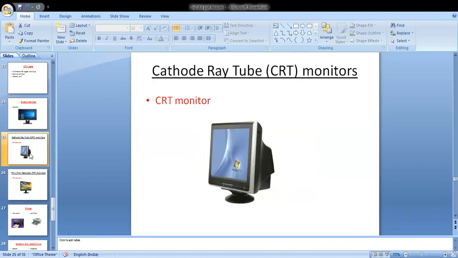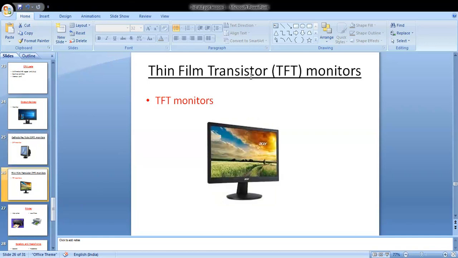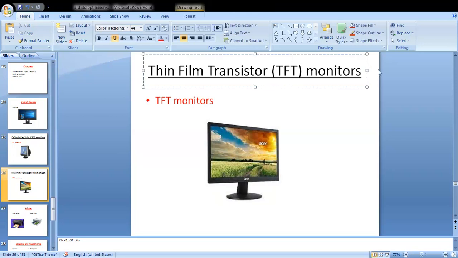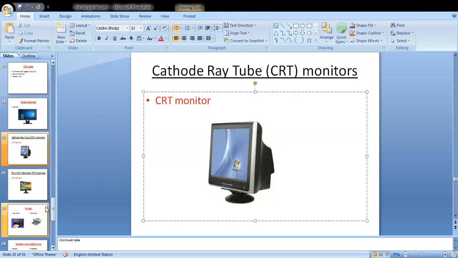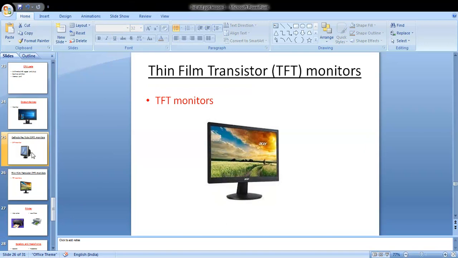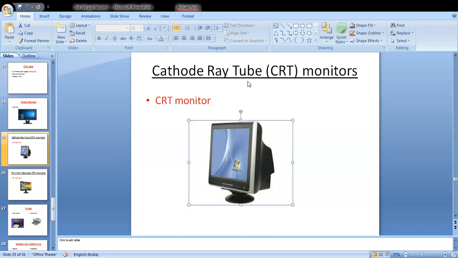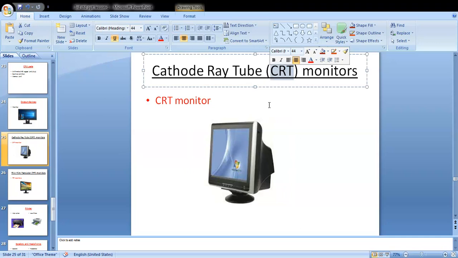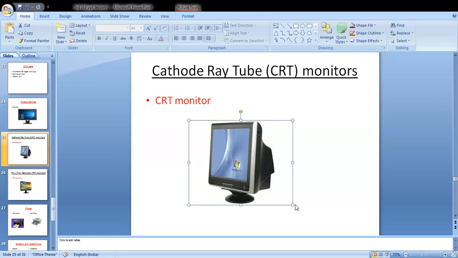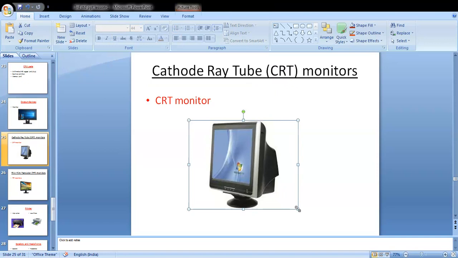Next, there are two types of monitors, that are cathode ray tube, that is CRT monitors, and thin film transistor, that is TFT monitors. What is the difference between CRT monitors and TFT monitors? CRT means cathode ray tube. This looks like a big TV.